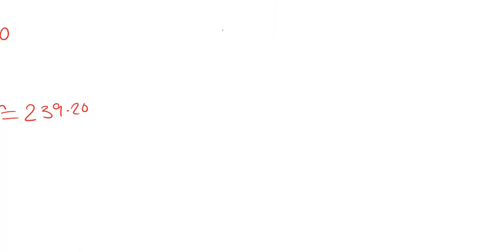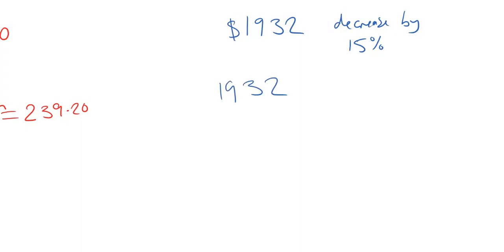Okay, let's try a decrease now. So if I started off with $1,932 and I decrease this by 15%, what would I have to do? Well, I start with my 1,932, and then I'm going to multiply it by 0.85, because it's going down, and decreasing by 15% is the same thing as finding 85% of the original. So multiplying by 0.85, I am going to end up with